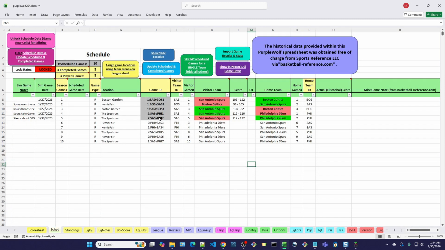So it has. This was the game I just played, this second game between Philly and San Antonio. Got the Sixers winning 132-112. And over here it has my little game notes that I entered. So that looks good. And then if I go to the stat sheets, especially the PGL, the player game log, if I click that,